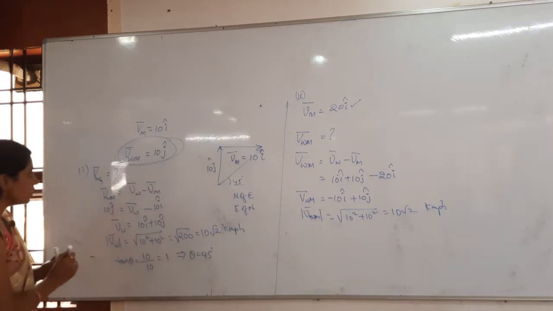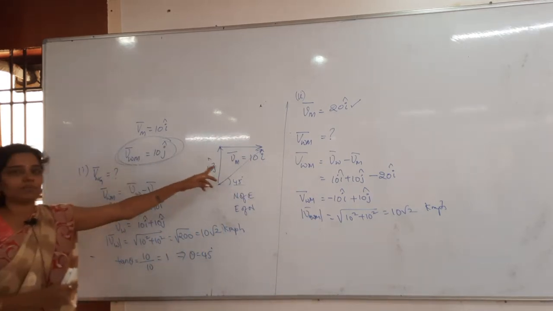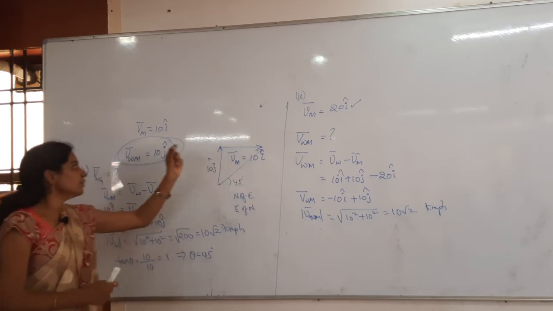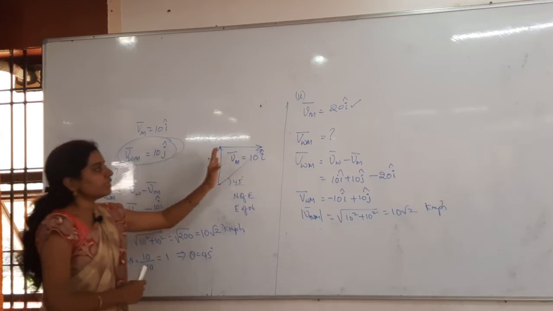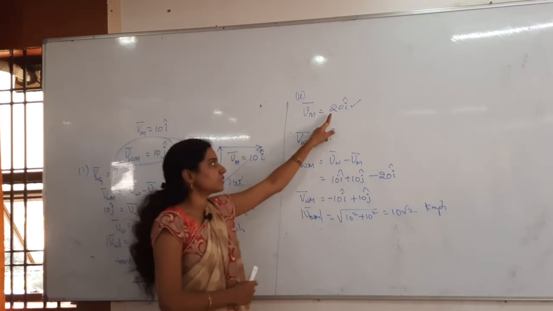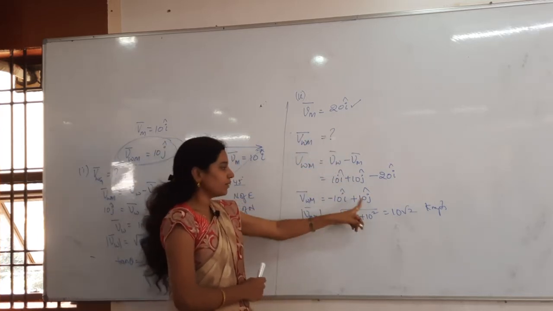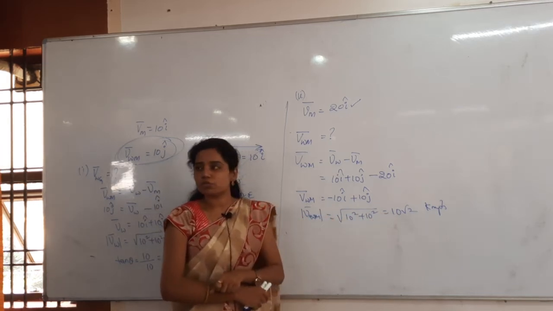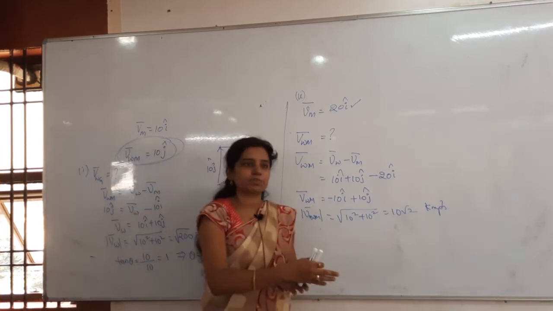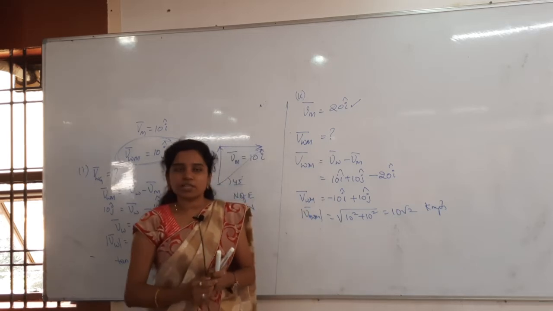See that here, whenever he is moving with 10 kilometers per hour, velocity of the wind with respect to man is how much? 10. Whenever he is increasing his speed to how much? 20. At that time, velocity of the wind with respect to man is becoming as how much? 10 root 2.